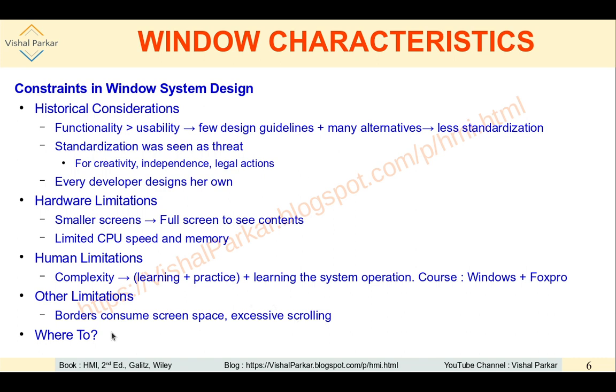So now, what is the direction to go with so many constraints? Even though Windows have so many constraints, their benefits will outperform those constraints, and we will have to use those windows, which is more evident in the different GUI systems that we can see. So every graphical user interface is going to have a window, and that's how we'll have to use that, bearing in mind their constraints as well.